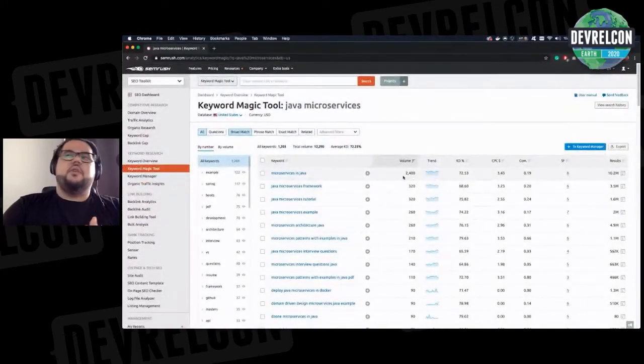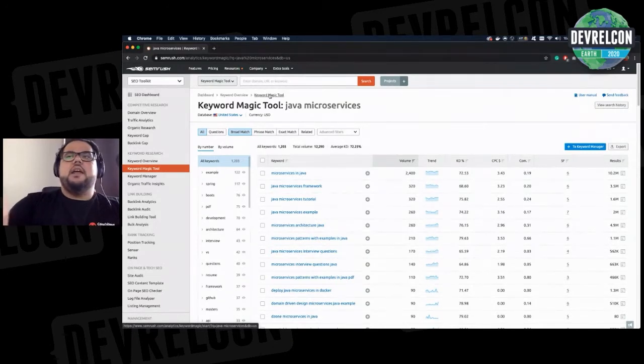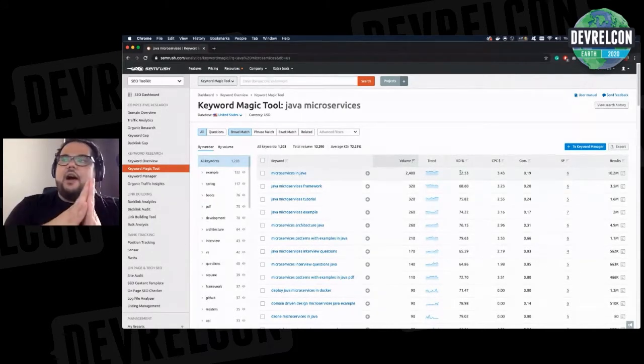Here is the volume. So naturally, "microservice in Java" is the most popular keyword, not "Java microservice" that I searched for. So that's already a change that I would need to do on my blog. There is also keyword difficulty here, which is, okay, how hard it is to rank